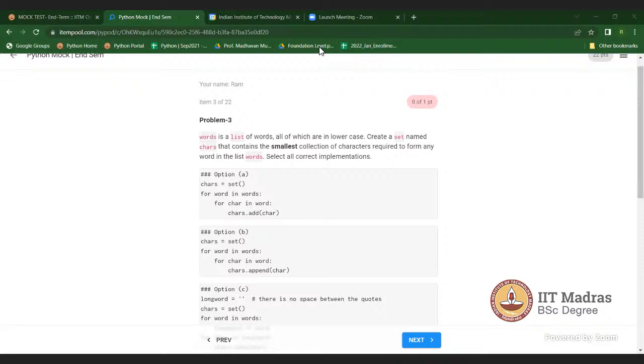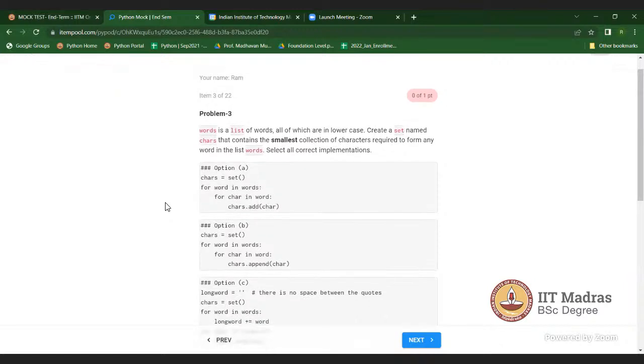So I won't add R. In this way I'll keep adding characters whenever I come across a character which is not there. So now I got what was supposed to be achieved, right? So create a set named